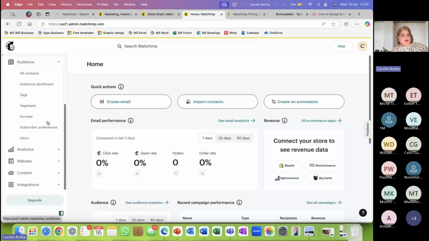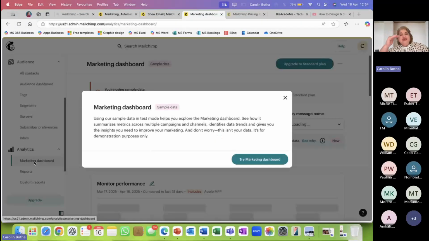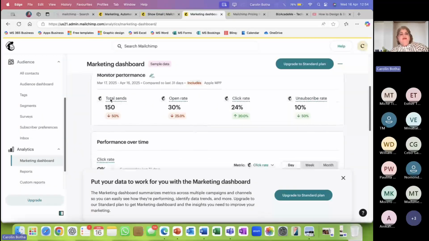So go and have a look at the analytics. It will show you on each and every campaign. It will show you what has been clicked on, what not. Let me just try and get out of here. There you go. Here it is. It will tell you so many have been sent, so many have been opened.